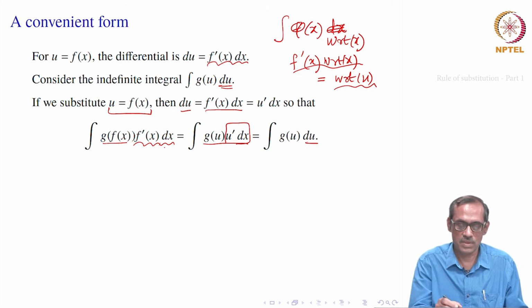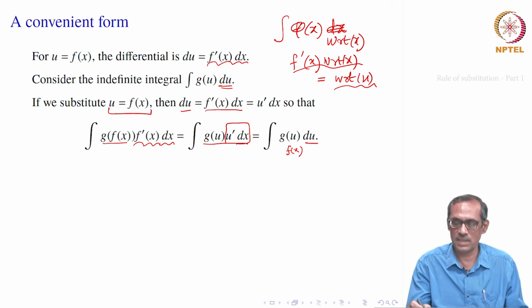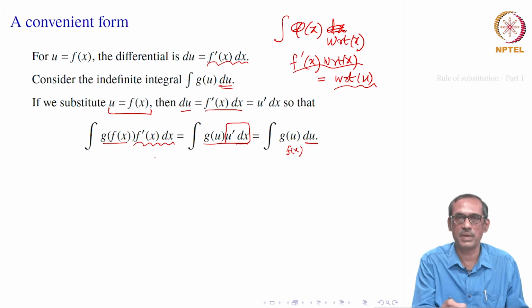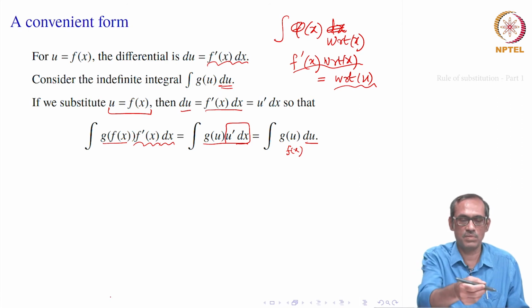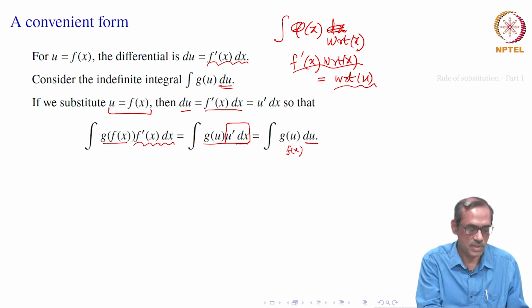Okay. So, since we are able to consider that as the differential, now g(u) du, if you substitute u equal to f of x, that gives rise to the left hand side, because the differential du becomes f prime x dx. That is why, of course, this notation was given, and because these things are consistently going through the differentials, we make it a rule, it is a mnemonic. Instead of using the theorem in that form always, this will be a convenient form, which we call the rule of substitution.